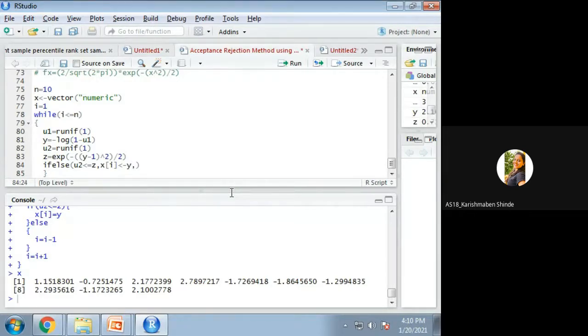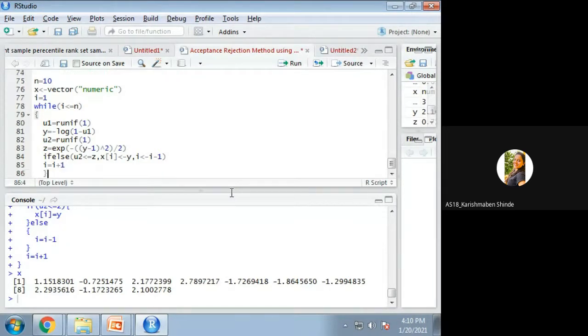Else, i minus 1, then one increment of the while loop.